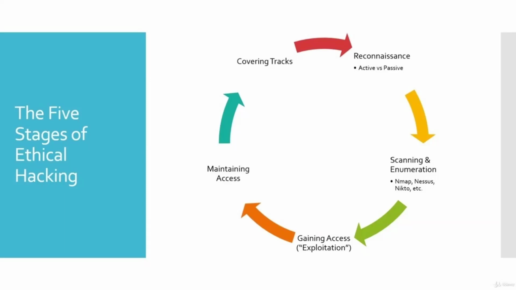So scanning and enumeration really is about, okay, in your recon phase, you have found out some information about your clients, about your targets. You have some IP addresses you want to scan. You have some domain names. You have some mobile applications. You have some network devices you want to check. Any kind of thing you have found out in your recon phase, that's when you move on to scanning and enumeration. And in the scanning and enumeration phase is when you start to check out what ports are open on that target, what services are running.